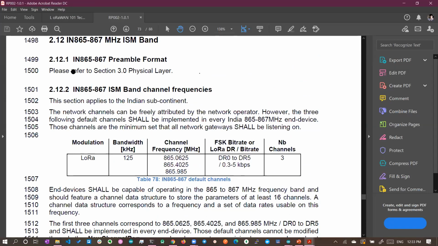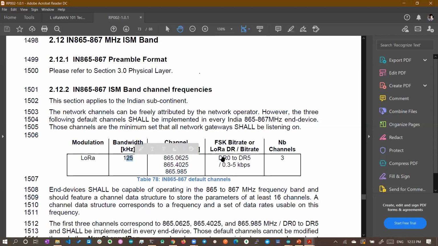The frequency channel is between 865 to 867, from 865.0625 to 865.4025. So this is one channel, this is the second channel, and this is the third channel. Here we only have three channels, each of 125 kilohertz bandwidth.